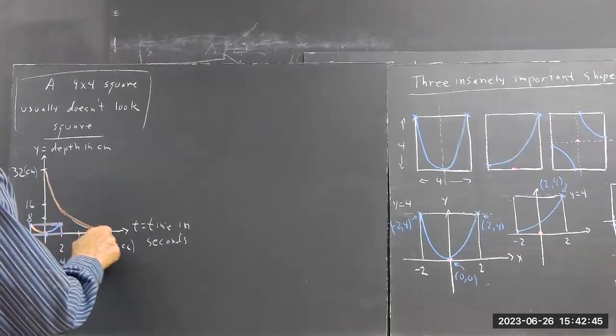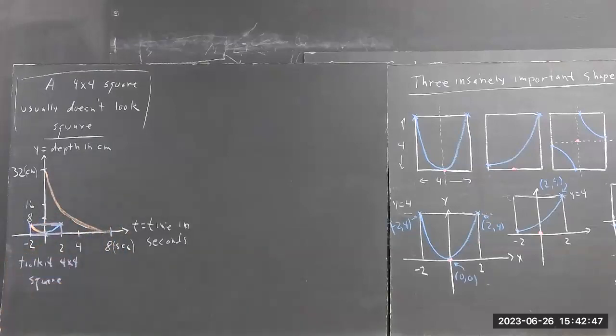And if this is the depth of water in a cylinder versus clock time, once the water is out and the flow stops, it's not going to fill up again. So we only need this part of the graph. Okay, well,